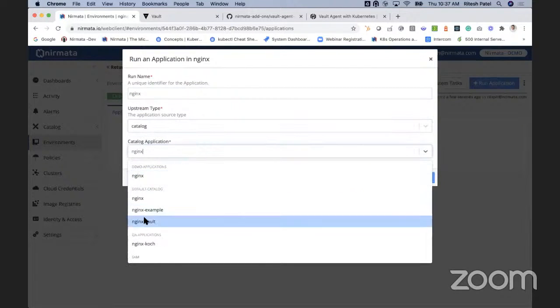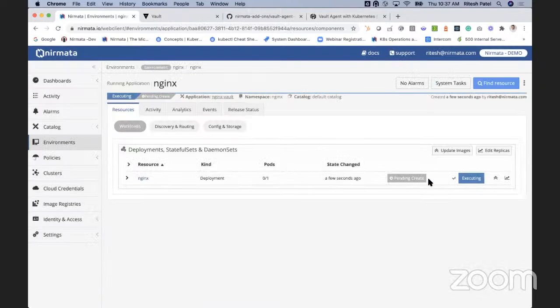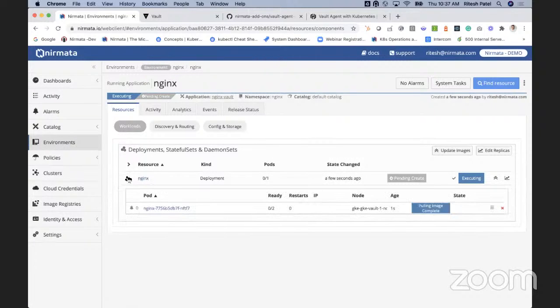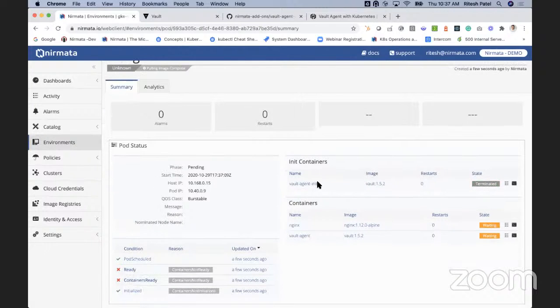This is the one which requires Vault to be configured. And once I deploy, you can see in a few minutes the deployment should start. If I go to the pod, the interesting thing I'm going to see is there is a Vault agent init container that's added, as well as the sidecar that's added for this. And within a few seconds,